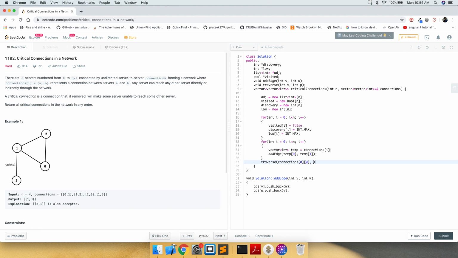Whichever vertex we choose as a starting vertex, the parent for that would be -1, and the discovery time for that vertex from where we are starting is going to be 0. So this is going to be the default for us. Let's write the code for traversal, and then I'm going to explain it.